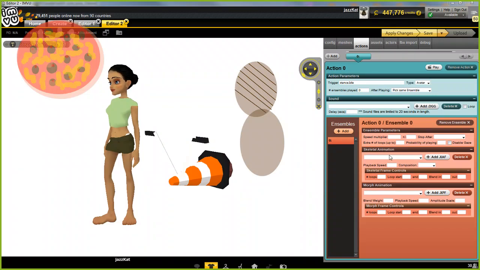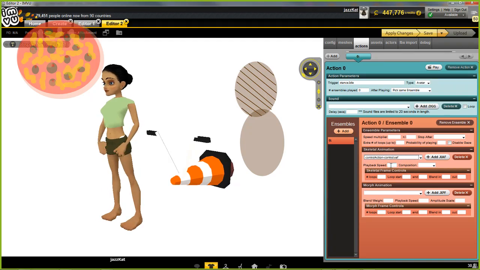We should have our imported sequence, which we now do. So we can select that. And depending on the animation, we might be able to just use that as is. So if I apply changes,